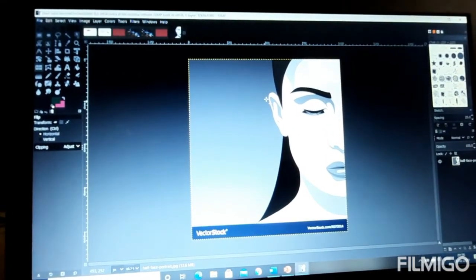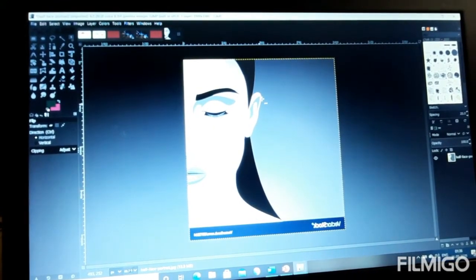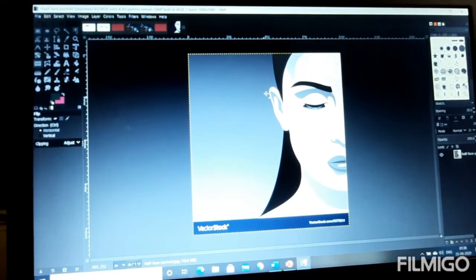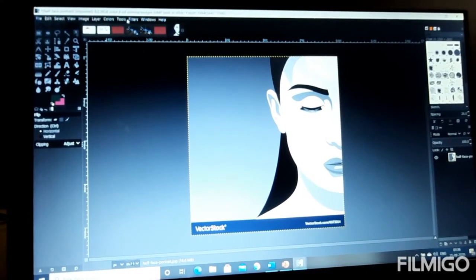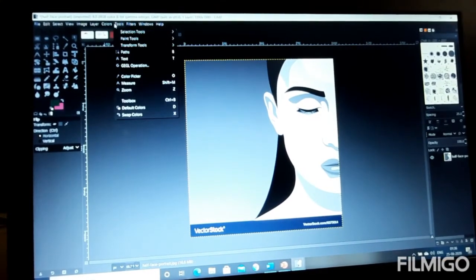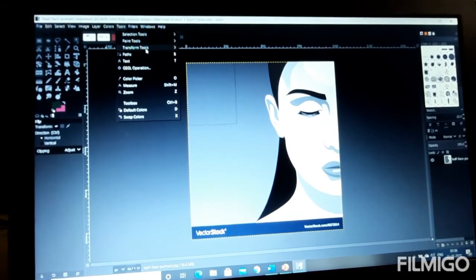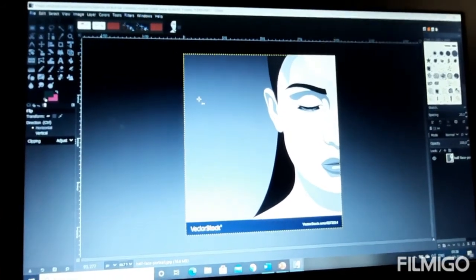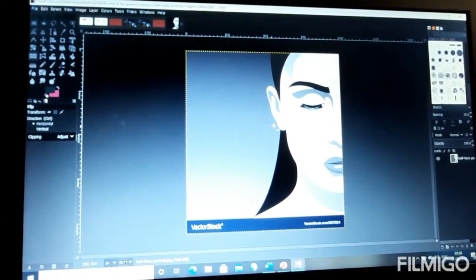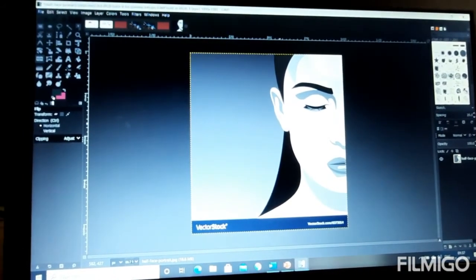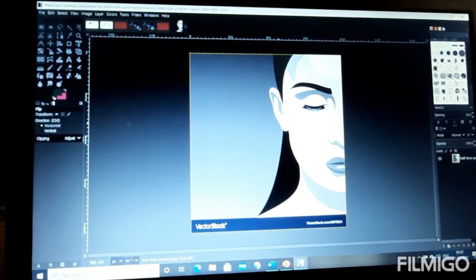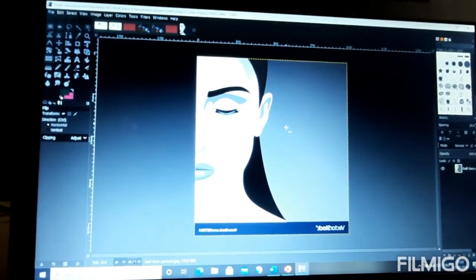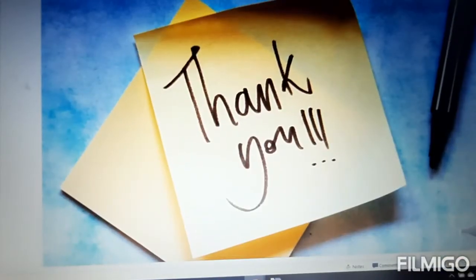If I click over this picture after selecting the flip option, see, this girl has been shifted towards left from right. Can you see? Previously it was there. What I have done, I have gone on tools, then transform tool, from there I have to choose flip. Okay, before clicking over the image there would be no changes in GIMP. You have to click over the image. Now I am clicking over the image. Can you see the difference? This has been shifted from right to left. This is known as flipping the image.